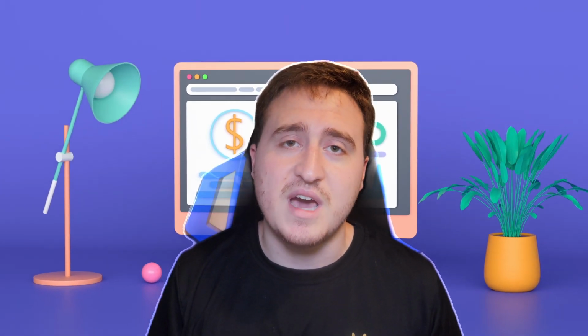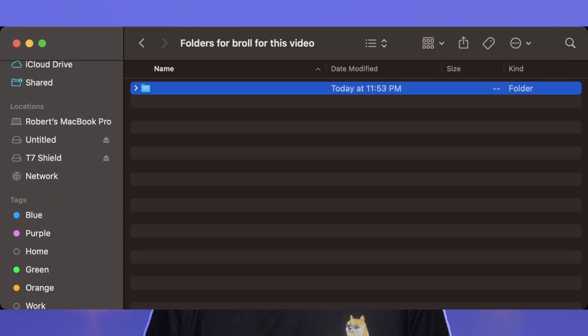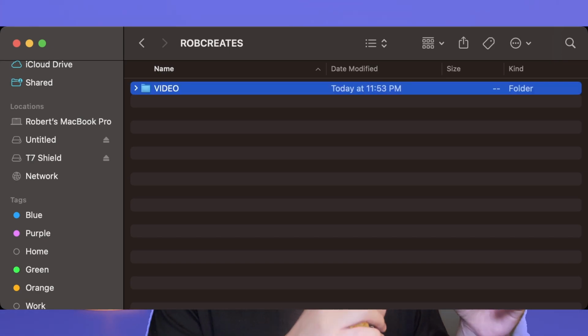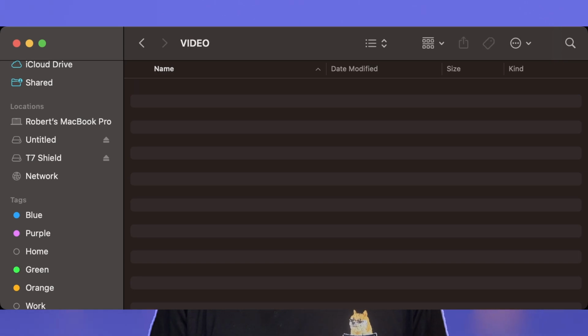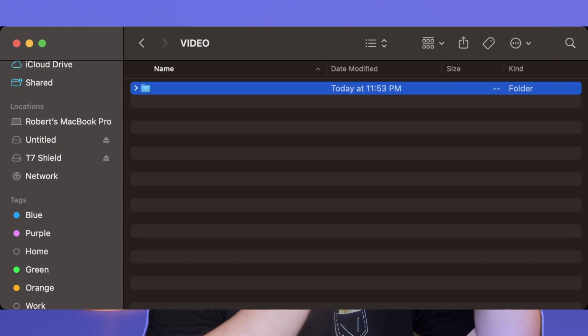So the way I do this and kind of fixed up my bad habits of not organizing stuff is I really break stuff down. Let's say I'm working on a project for my own YouTube channel. I'll first create a parent folder for this account, RobCreates, and break that down into a video section in which I have all the different folders for each video